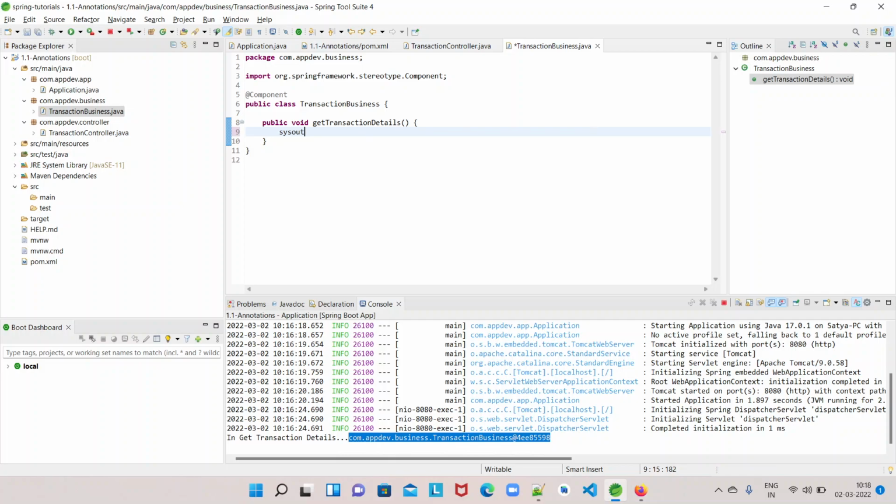Now here let us print something in business transaction details.